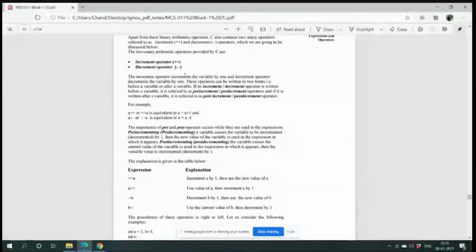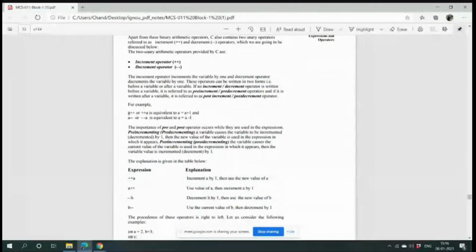Suppose I write a plus plus or plus plus a, both are equivalent to a equals a plus 1. a minus minus or minus minus a are both equivalent to a equals a minus 1. What is the difference between them?